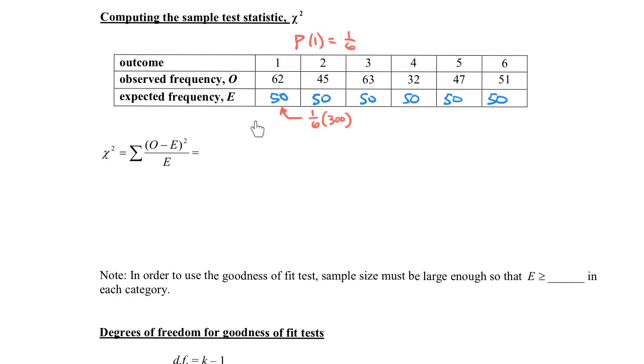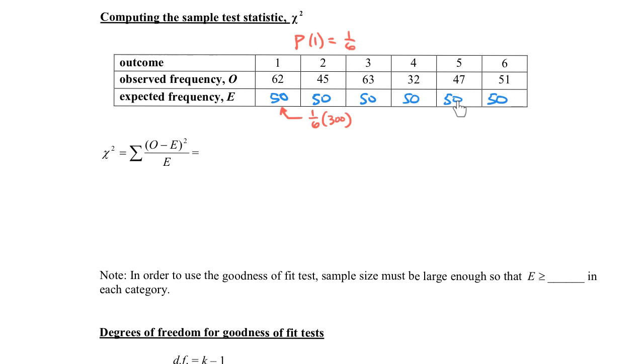Okay, so for every one of these problems that you'll do when you're doing goodness of fit, they're going to give you the observed frequency. They'll always give us the observed frequency. We calculate the expected frequency. And then we're going to use this formula, which we've seen before, which basically says, are these close enough to where we think this is probably a fair die? Like this one's really close, right? We got 51. We're expected to get about a 50, so pretty close. Same thing here, 47, we're expected to be 50,